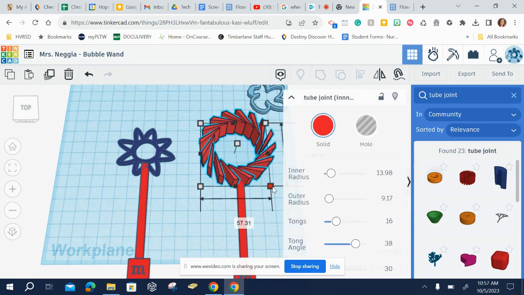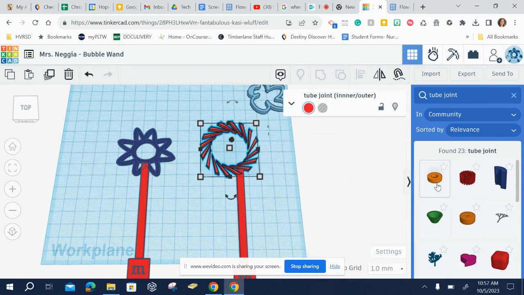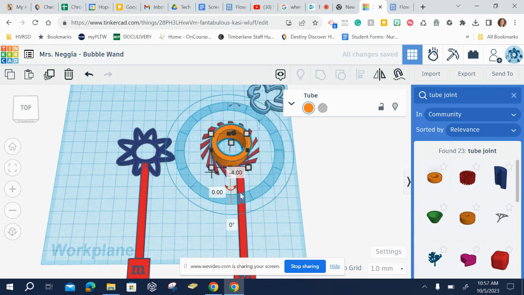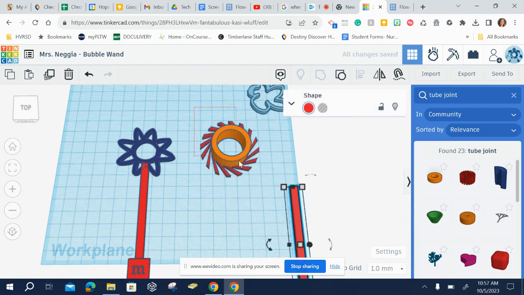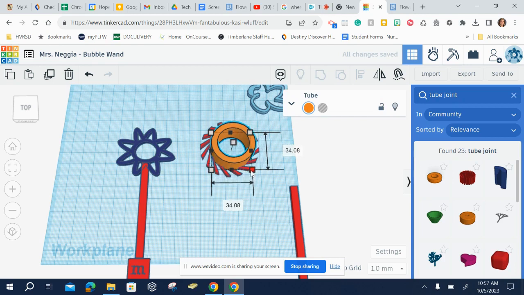I'm going to make this a little bit smaller. I'm going to change my height to 2.5. And then if I want to have the ridges on top of something, I could create that cylinder like I did before, or I could drag something out like the ring. Okay, I'm going to drag and make sure that these guys are centered. So I'm going to align them again. Align, align. Okay, I'm going to make this bigger so that